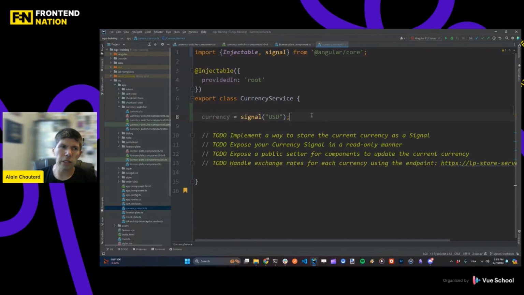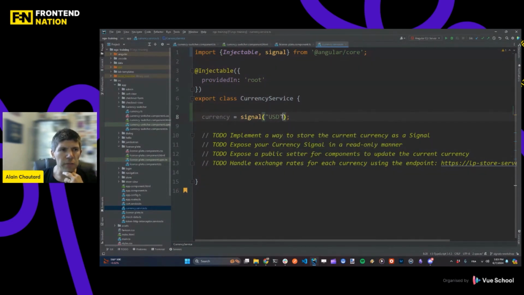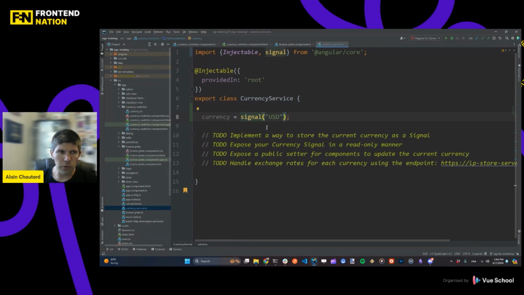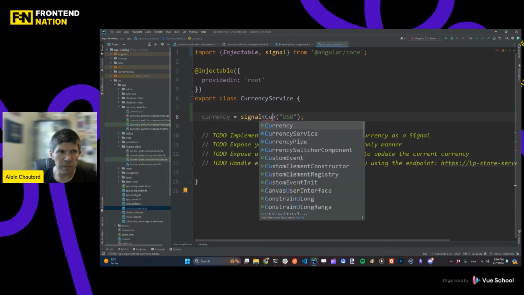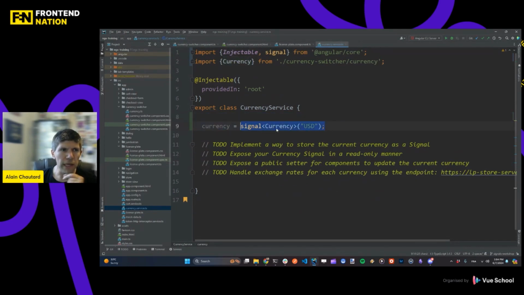But I can do a little bit better with this. And the problem that we have here potentially is that because I'm using USD as a value, this signal thinks that it's a signal of string, any type of string. And that's not really true. We want to make it specific to currencies. So the nice thing about that signal function is that it supports generics. And so right here, I can insert those brackets and specify that it's a signal of currency,